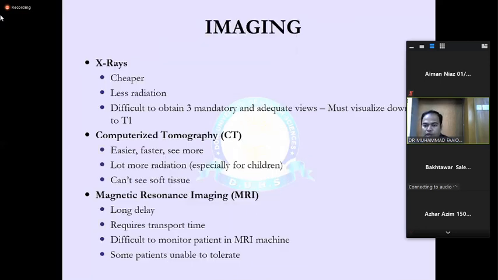So what are the different imaging modalities to assess spinal cord injury? X-ray, CT, and MRI. MRI for soft tissue, like for example the spinal cord, and CT scan and X-ray for bony injury. For bony injury,